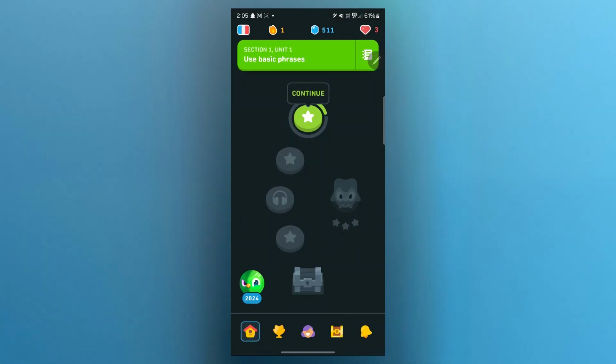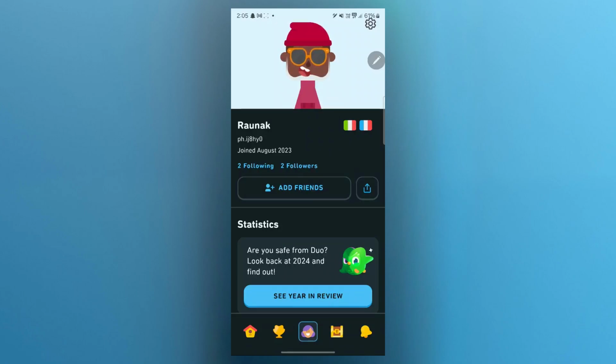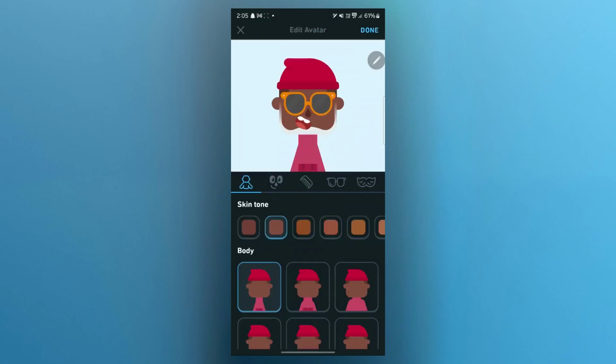So, in order to do this, first of all, navigate to the Duolingo application. Now, click on your profile icon at the bottom right side of the screen. Now, you will see your Duolingo logo or your profile avatar just right here. In order to change this, click on the avatar and it will show you this page where you can easily